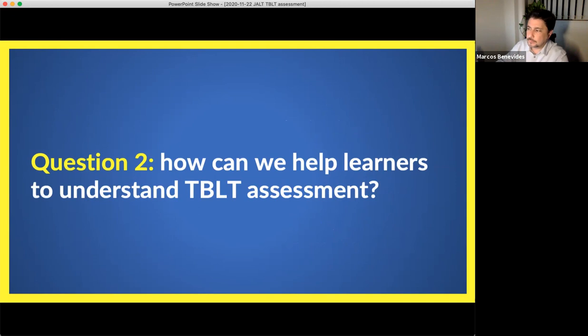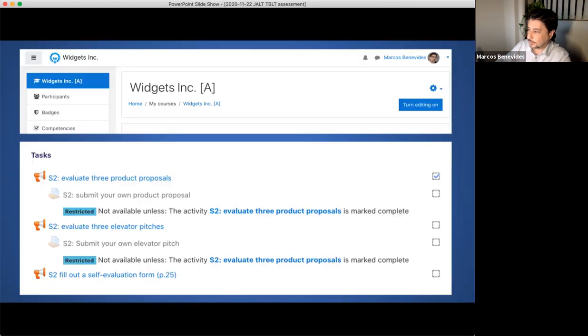But one thing that's important is, of course, to make the learners understand how TBLT assessment works, because it's not intuitive to them either. And they're also looking for these kinds of answers. So what I've been doing this year, and this has really facilitated things for me, is because of the COVID situation, I've put items of my course online.